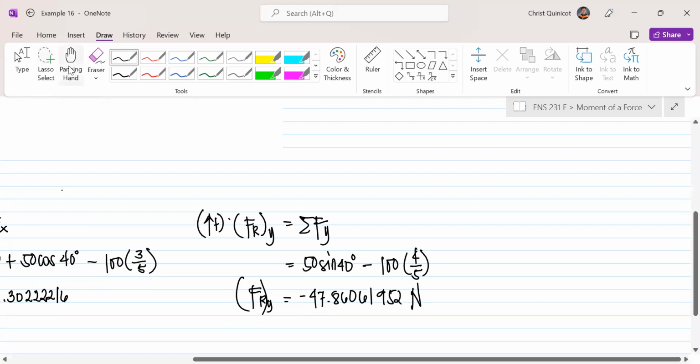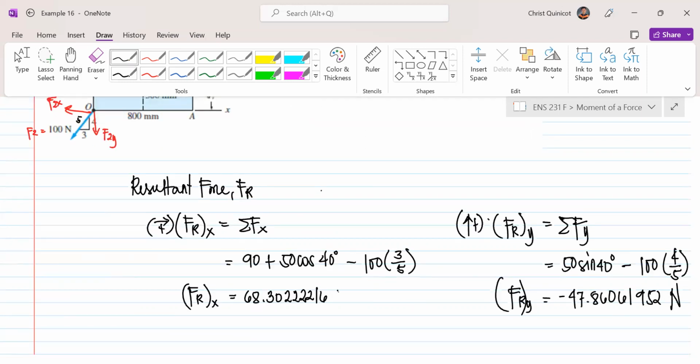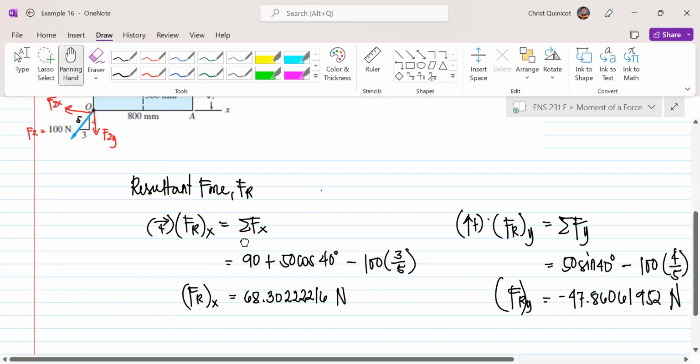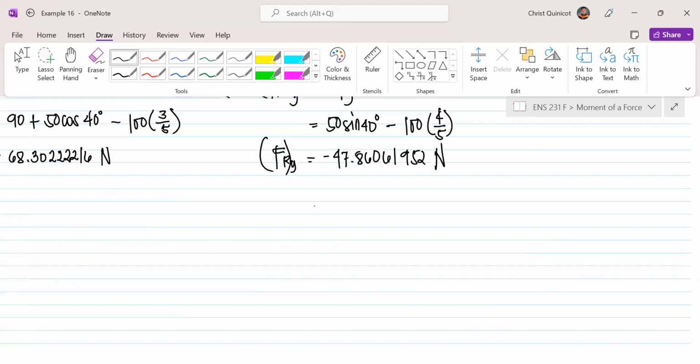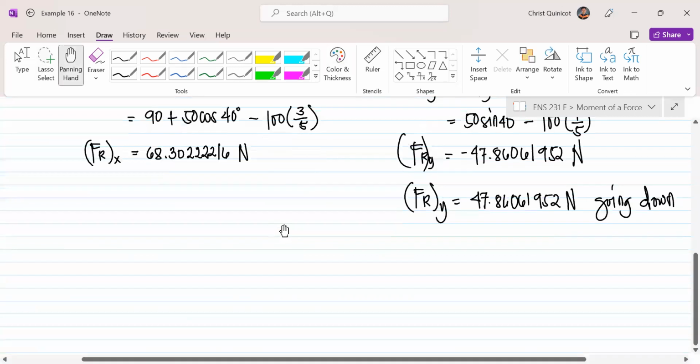And of course the unit is Newton. Oh yeah, I forgot to input Newton here. So we write our y component following its true direction. So F sub Ry is equal to 47.8606195 Newton, and it's going down. Okay, knowing these two values,